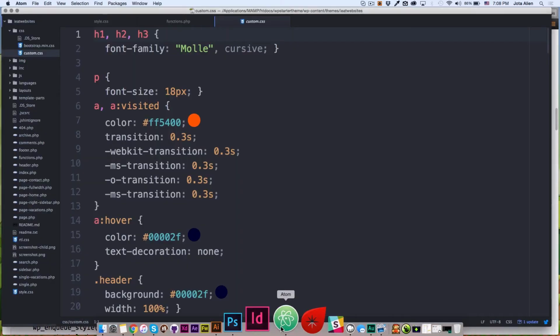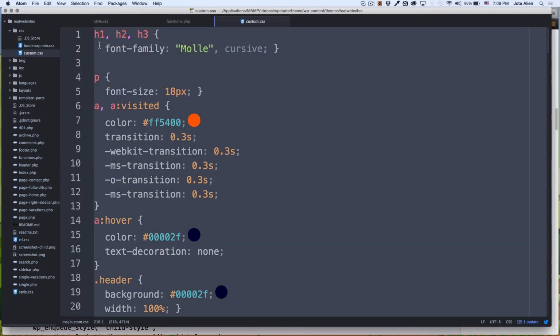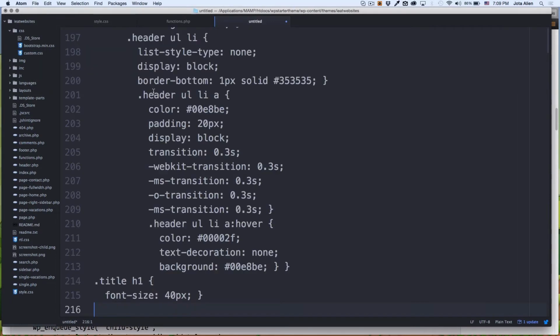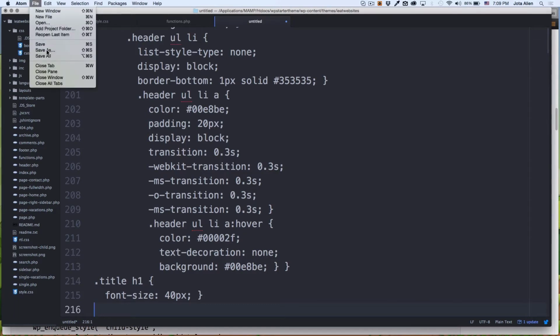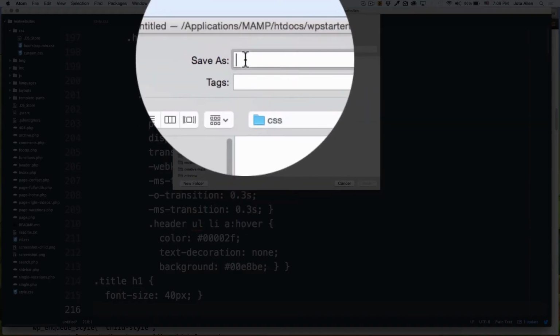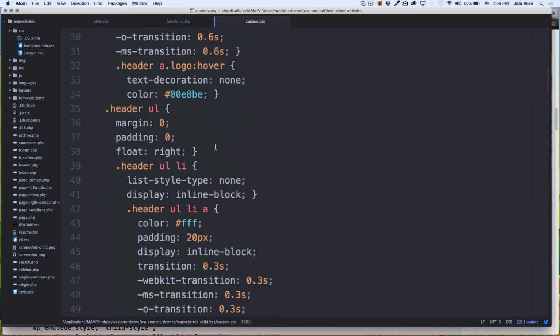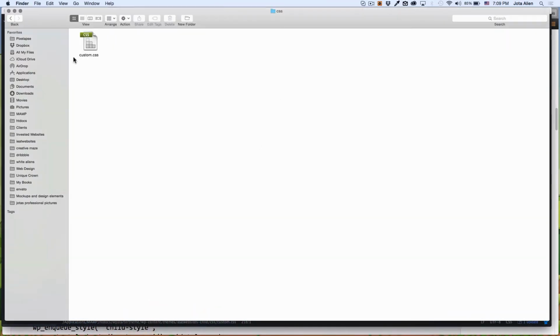So I need to actually copy all this, create a new file, paste it, save as. I'm gonna go to my child theme folder, my CSS folder, and custom.css. Save. All right, so now in my folder, as you can see here in my CSS folder, I have my